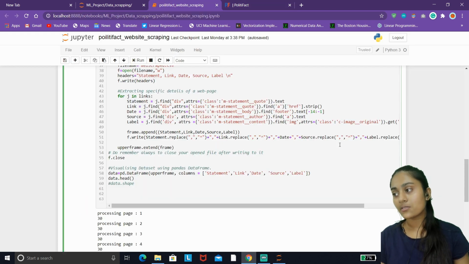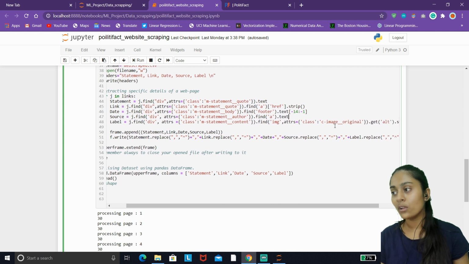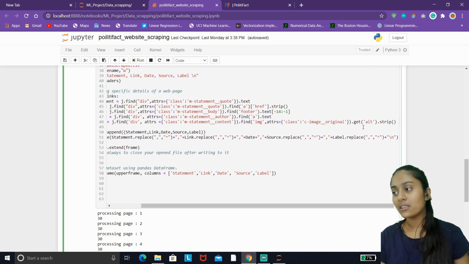So first we find the outermost division tag and specify its attribute, then find the image tag and specify its attribute too, and then using the dot get alt function we can easily extract the value of the label.